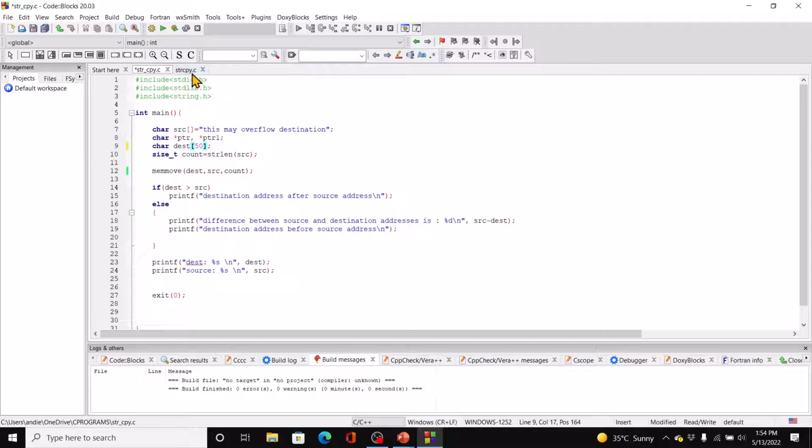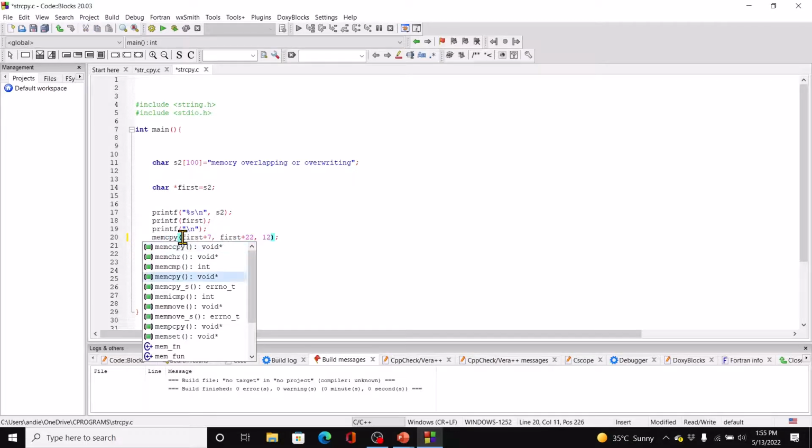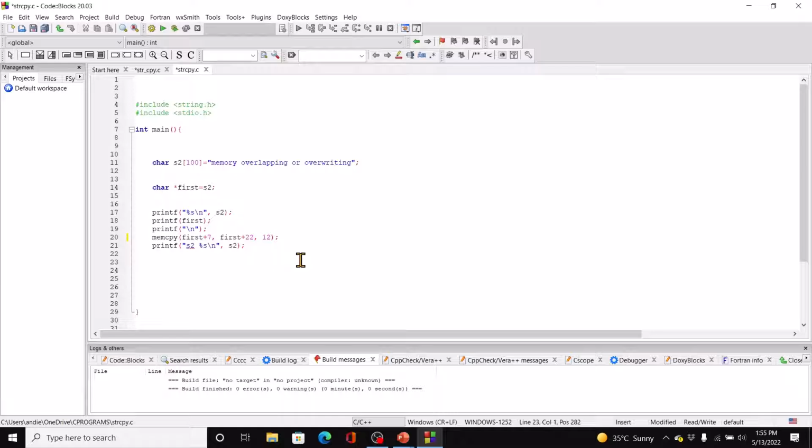Now coming to overlapping. You can see we have one string here and we just have that pointer which is initialized to S2. We're printing the string as it is, printing the pointer as well. That should print the same string, right? And then we are using here not strcpy, but we'll use memcpy first, right? And then we'll use memmove and compare the results. So if I run this now,